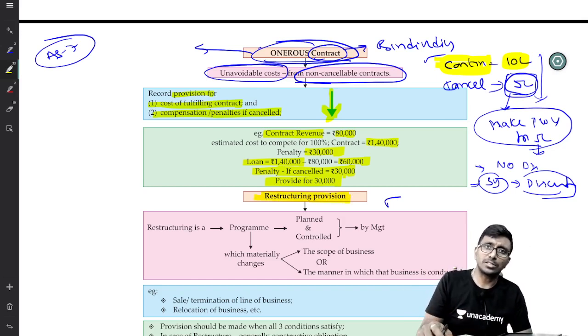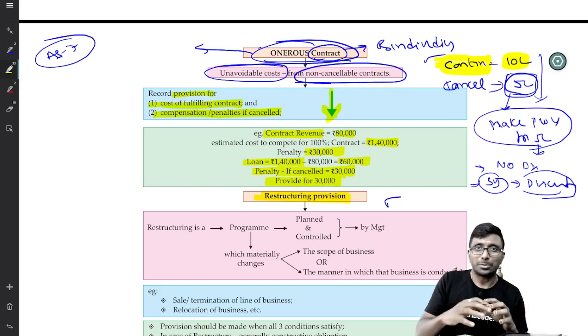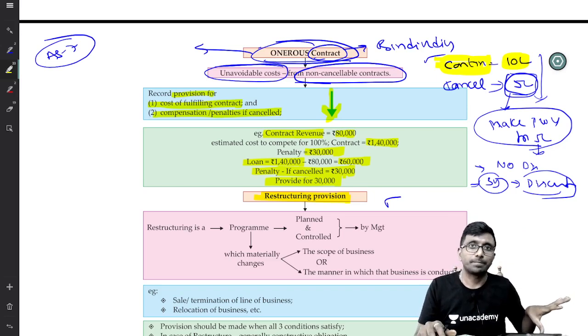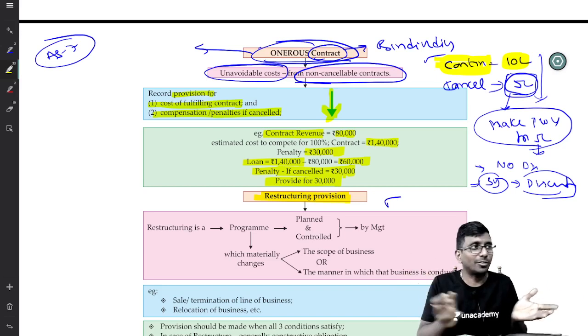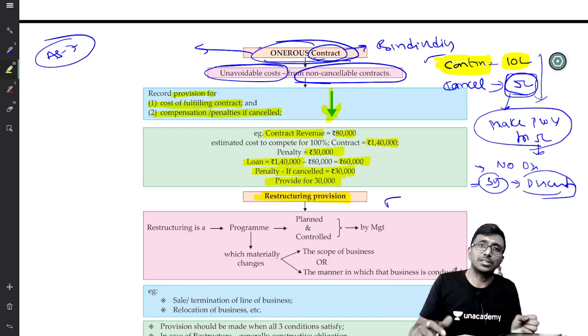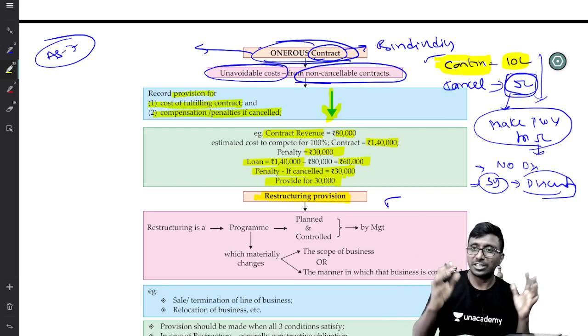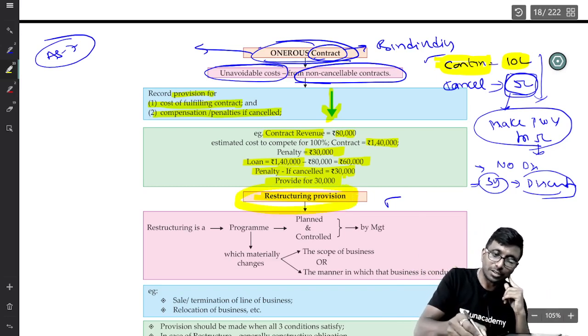Restructuring provision, restructuring means what? Restructuring like merger, demerger, expansion of your business, or shutdown of one division or factory, new product launch, or location change. These are all part and parcel of restructuring. Restructure is a finance term, and it has a very broad, very big definition. So if you are doing any restructure, because of restructure, what will happen? Whatever the provision comes,